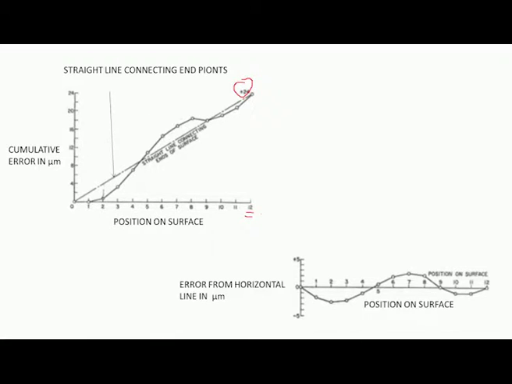Now, the least square method we can apply to this, and then we can find the error. Another graph we can draw, where this is brought down to 0 by adding the adjustment factor. So this is the last position which is brought to 0, and again you can see the graph is plotted here at different positions. Now, the error from the horizontal line: at position number 7, we have the error like this, approximately 3 microns.